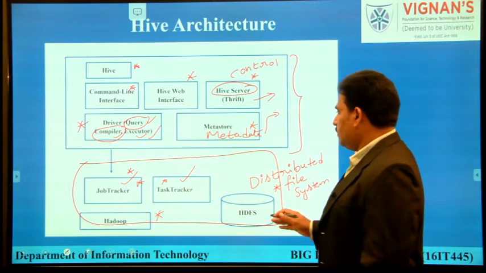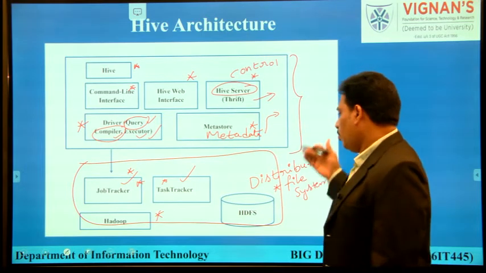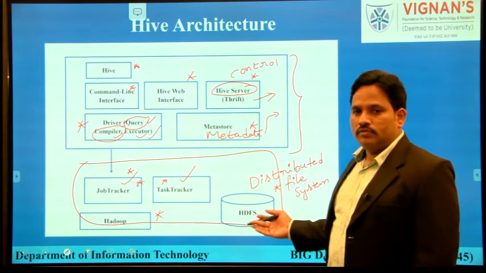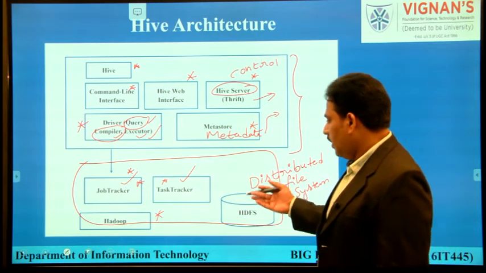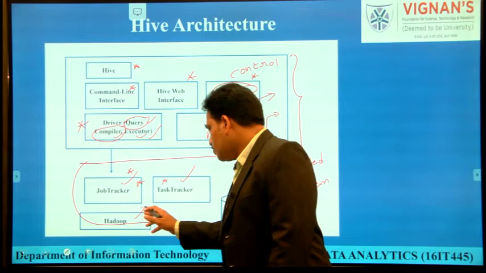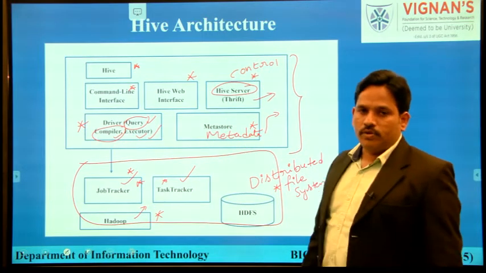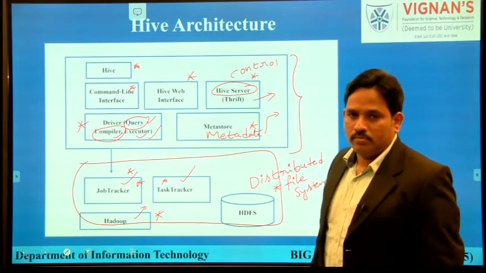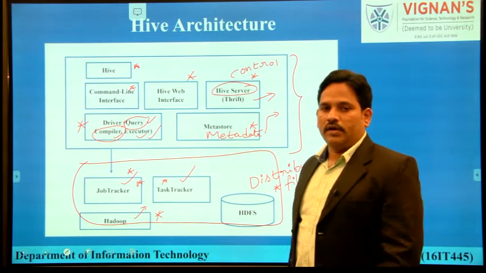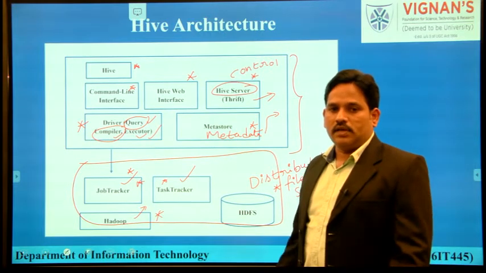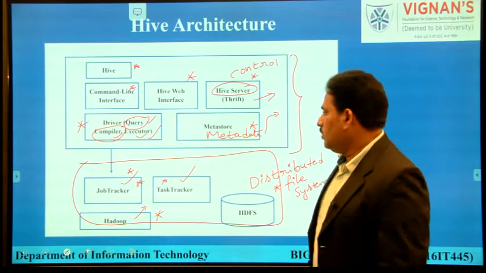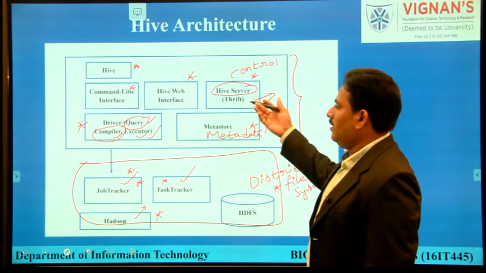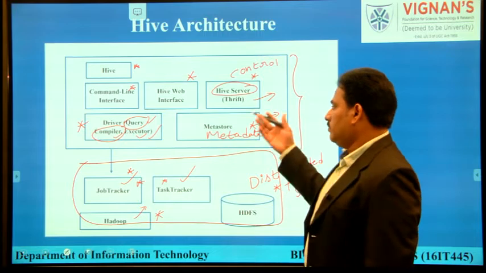Hive architecture is divided into 2 layers, the bottom layer and the top layer. The bottom layer is used for storage purposes. To store the data, we are using the Hadoop distributed file system, and we take the help of Hadoop's components in order to store and to monitor the jobs and tasks which are assigned by each and every node. And on the top layer, or the second layer, we have some modules like the command